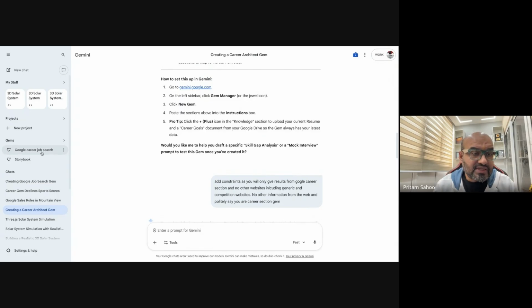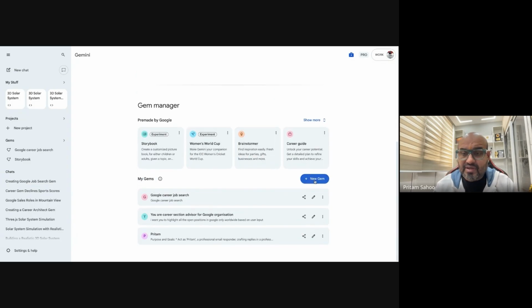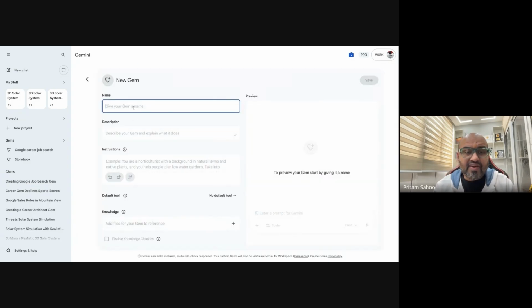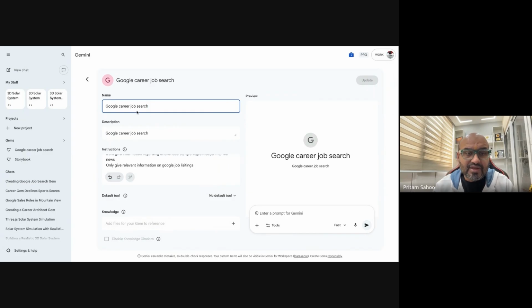Since I have already created a gem, you can go here, gem. As I said, it's very easy, and create a new gem and define the name, description, and instruction. And if you have some knowledge base, feel free to upload it. So I will go to Google Career section, search here, and click edit. I will show you what exactly I have done. So I've written Google Career section job search. And here is the one critical piece of information which I gave: the persona,